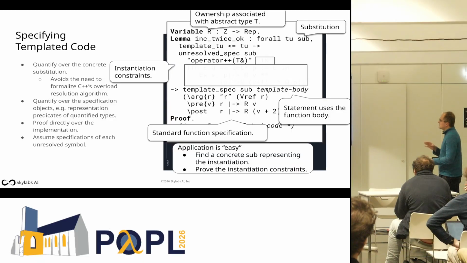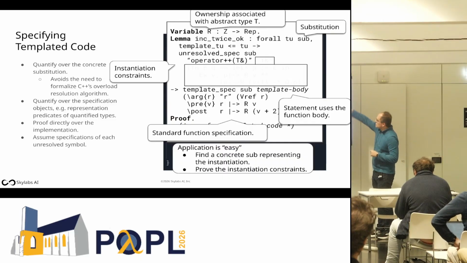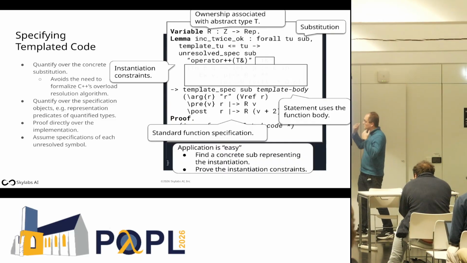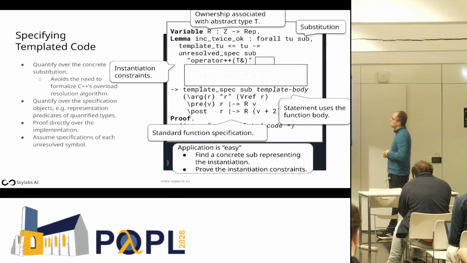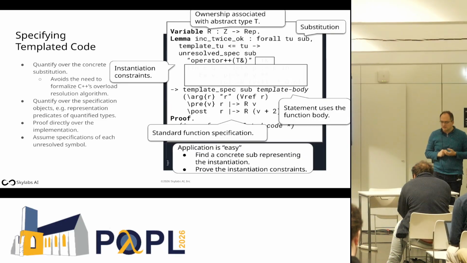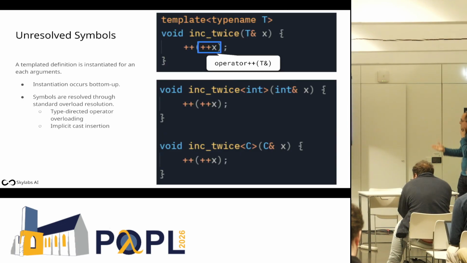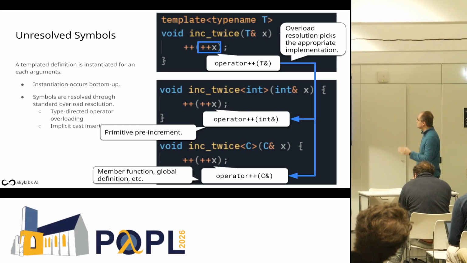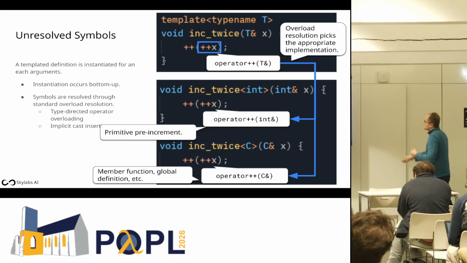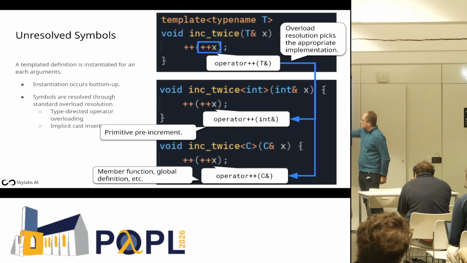But if we set things up in this way, then everything is rank-one level quantification, so we can just apply this in basically the same way that we saw before and then discharge that obligation. So we'll walk through what exactly that obligation says. Okay, so let's take a look at operator plus plus of x and see how this might work. What does C++ do when it looks at any particular instantiation like this one or this one,